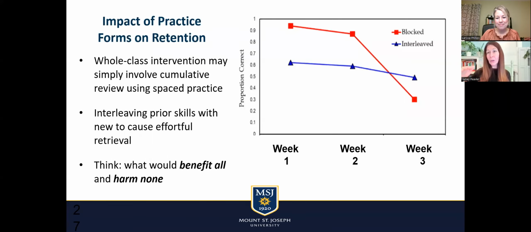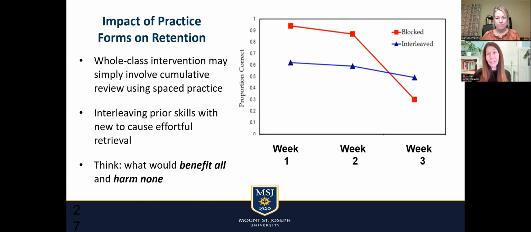So by the second week, again, I'm not really having to think about it. I'm dropping off a little bit. If I don't visit it again by week 3, I've dropped pretty significantly. That's that, my kids did well on the spelling test Friday, but they don't know how to spell the words 2 weeks later effect. Whereas if I do interleaved, I don't do so well in the beginning because I'm not